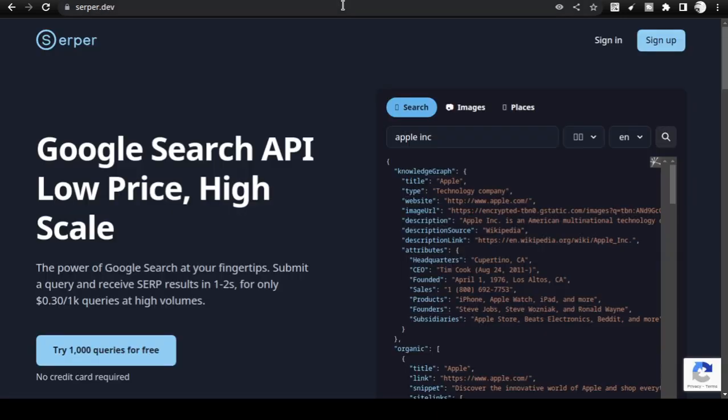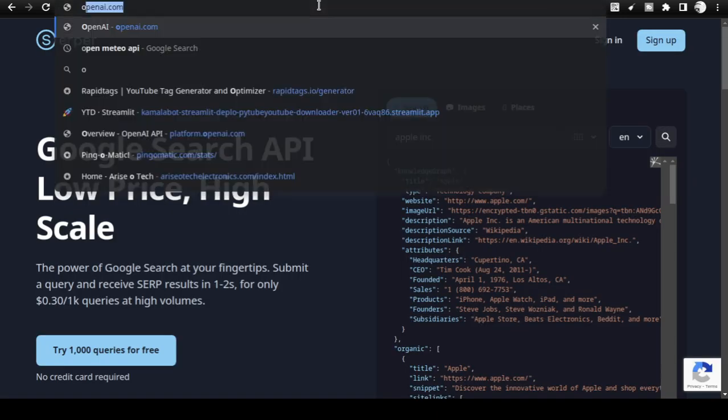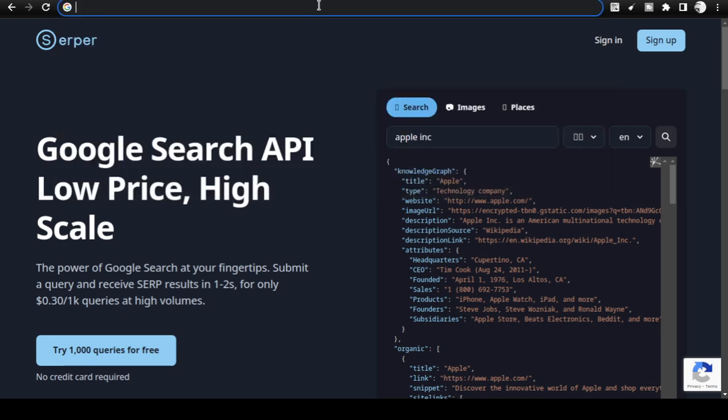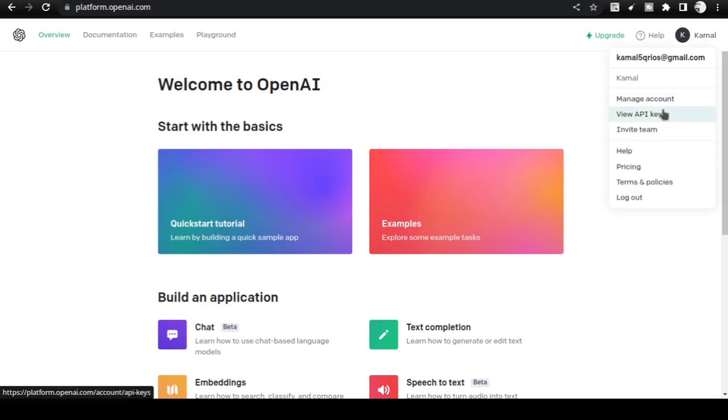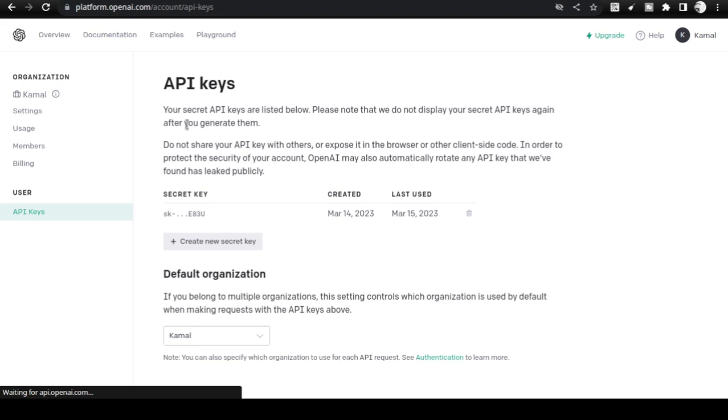Most importantly, you must be able to get the OpenAI API key from platform.openai.com and ensure that your API keys are ready with you for all the three applications. Starting with OpenAI, you must go here and get your API keys, and go to SERP API and serper.dev and get your API keys ready. We are going to need them all, guys, and this is going to be fun. In a moment, you will see how to start kicking off with